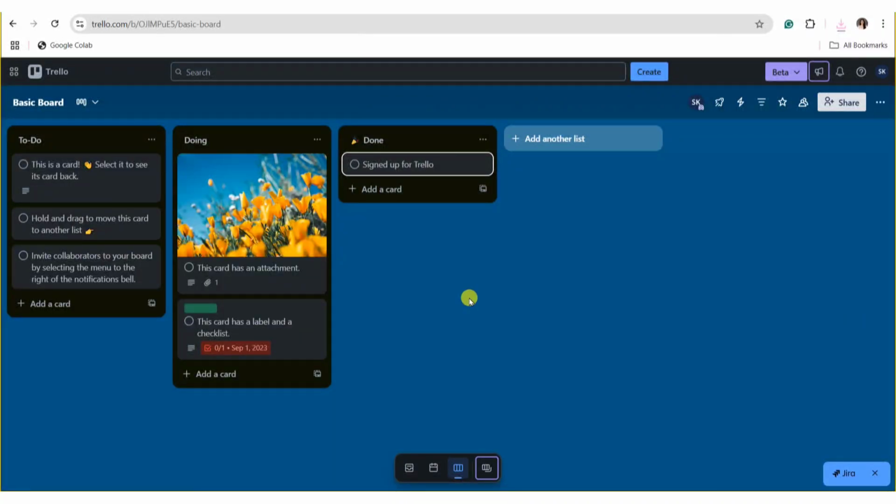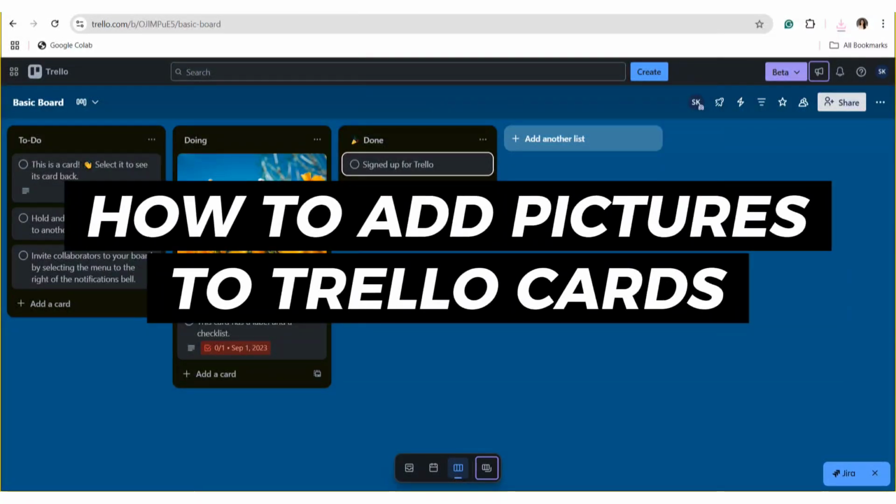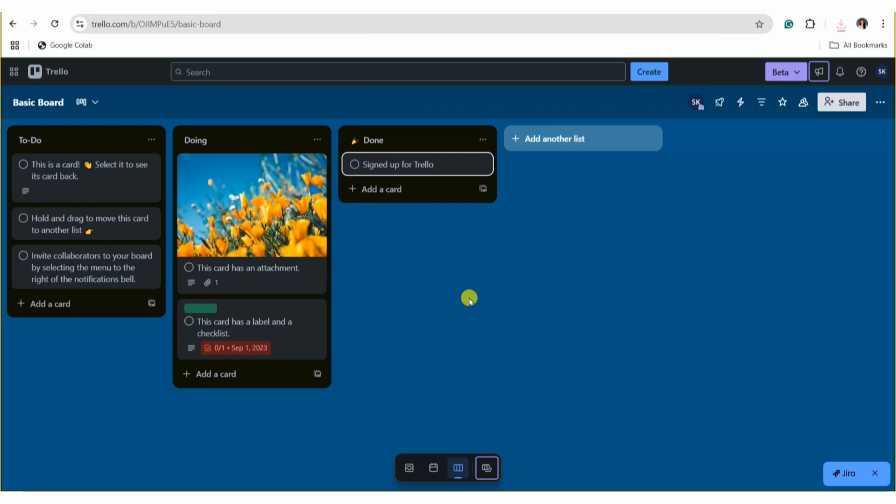In this video, I will show you how to add pictures to Trello cards. So to get started, go ahead and open Trello on your device. Make sure that you're signed in to your account and you're on the board where you want to add